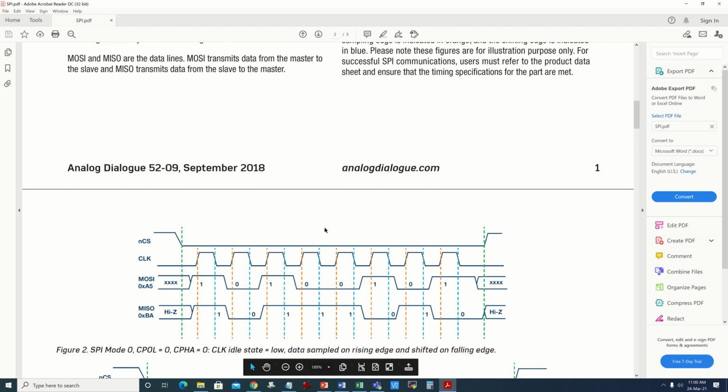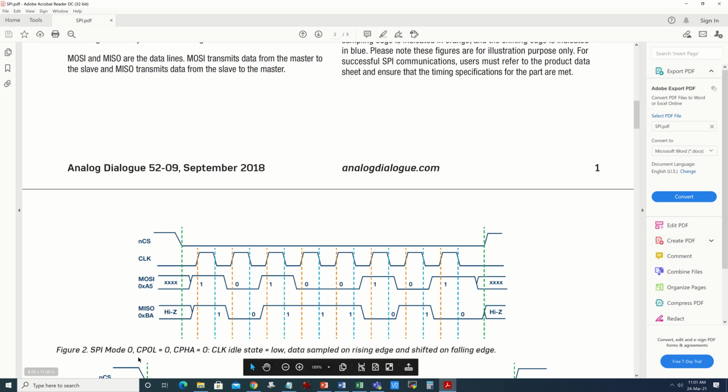So in mode 0 of SPI, we can see that chip select, or slave select bar, is first made 0. This green line indicates the starting point, and this other one represents the ending point for a given frame of SPI. Now the orange line shows the sampling instance, whereas the blue line shows the data setup instance.